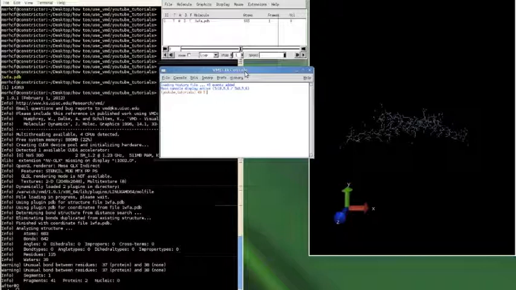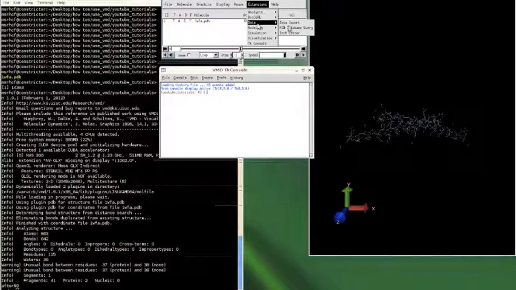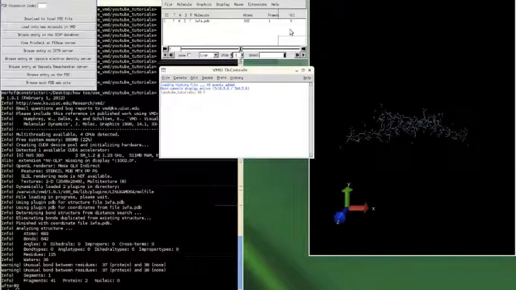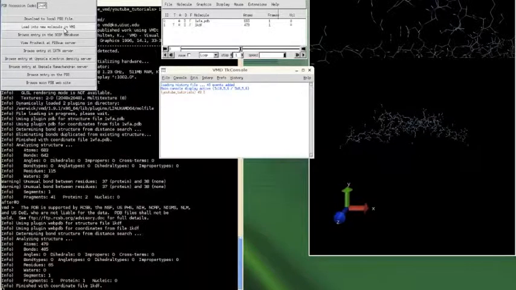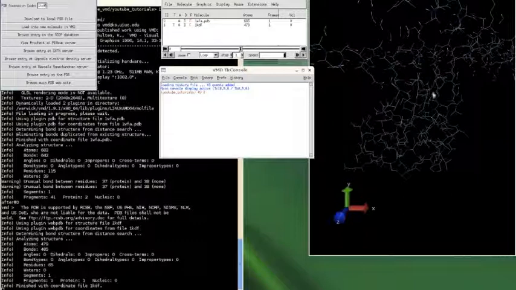The next thing to do is to open up the 1KDF, and we do this by going to extensions, data, and PDB database query. In this we can type in the PDB code, which is 1KDF, and we load this into a new molecule in VMD. In a second we should see the second structure here,